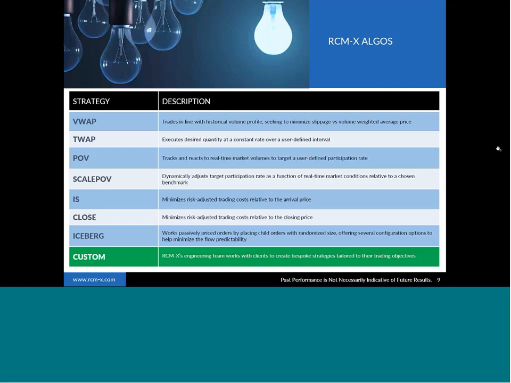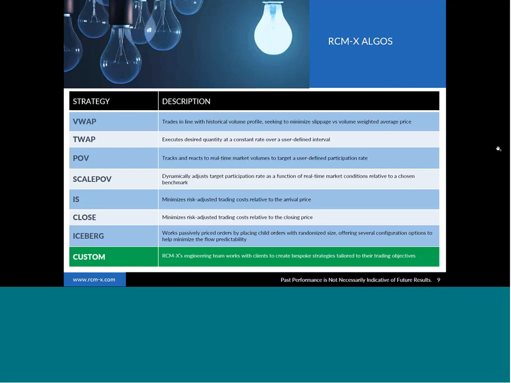The close algorithm is essentially a mirror image of the implementation shortfall algorithm. It shifts more of the execution towards the end time of the order. And the reason you might want to consider that algorithm would be if you're exiting a position and you want to hold your exposure for a longer period of time on average, so you do more of the execution towards the end time of your order. The other time to use that would be if your performance is benchmarked to, say, end-of-day prices, and you want to execute most of your trade near the settlement or near the cash close of the product.